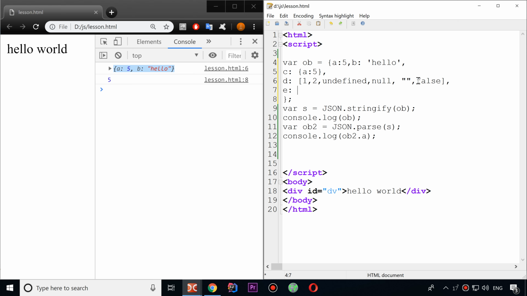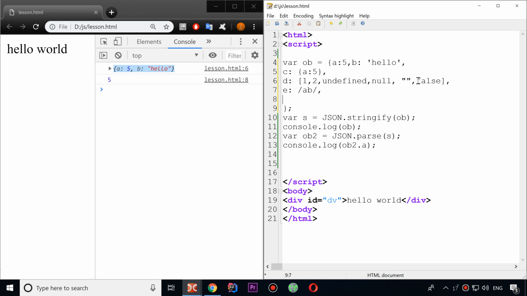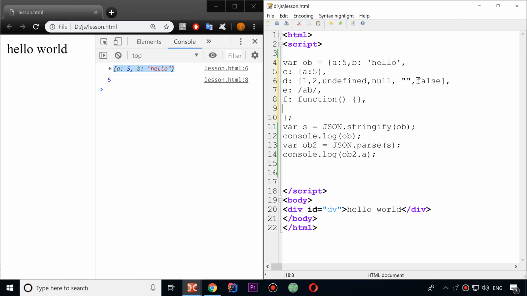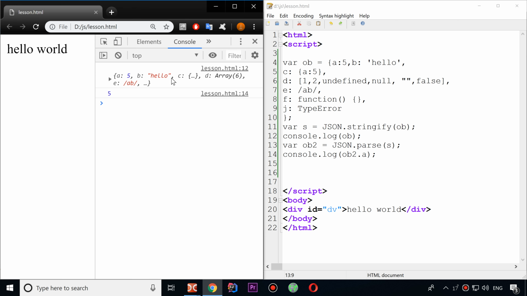Also we can have some regular expression. It is created like this. I can have some function, and I can create some error. Well, yeah, but when I run this code, I will not get everything,